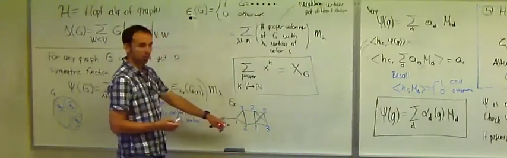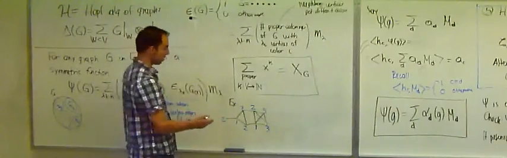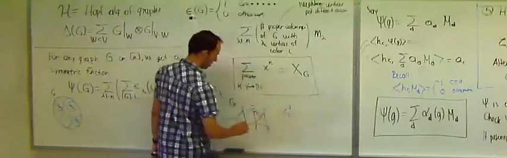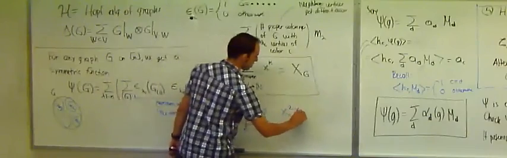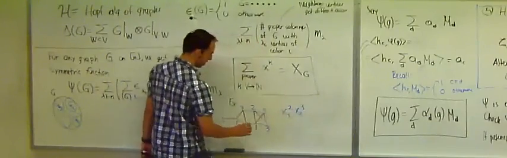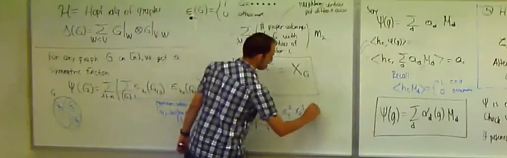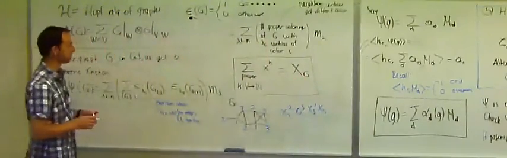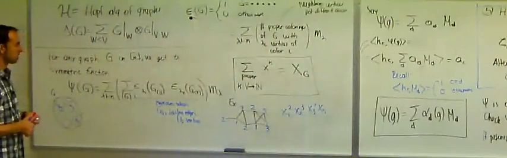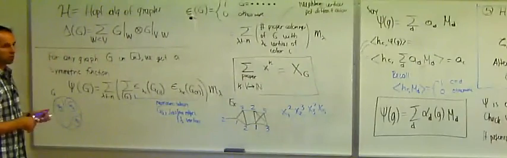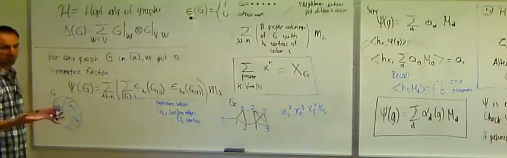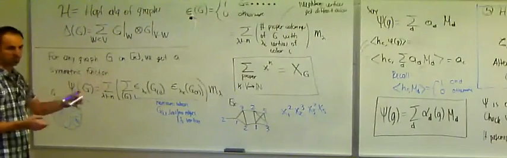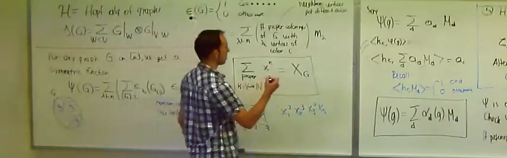This is a proper coloring, and it gives me a monomial x to the kappa, which is just saying that I use the color 1 twice, the color 2 three times, the color 3 twice, and the color 5 once. Okay. So this is what the theory spits out, and it's inevitable that this is what comes out. Okay. And this thing was called Stanley's